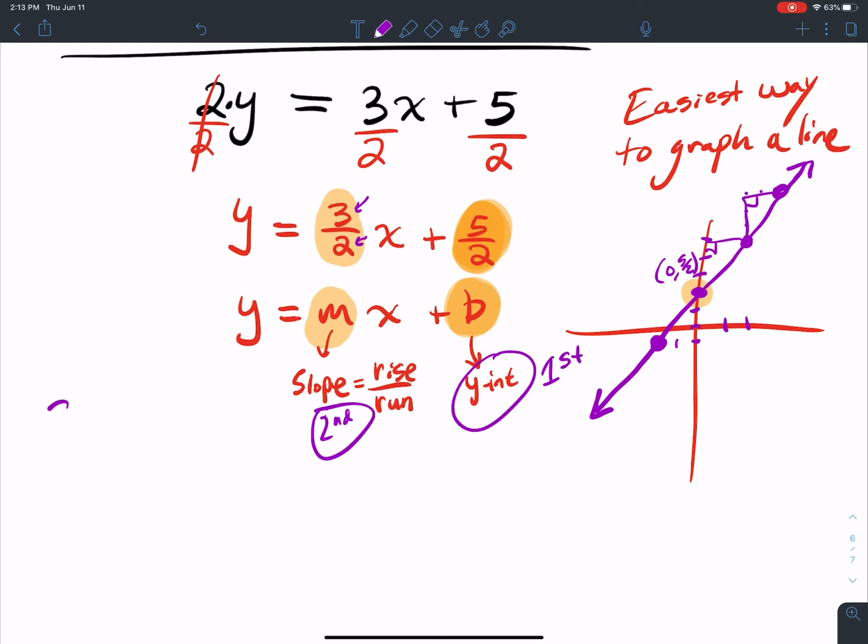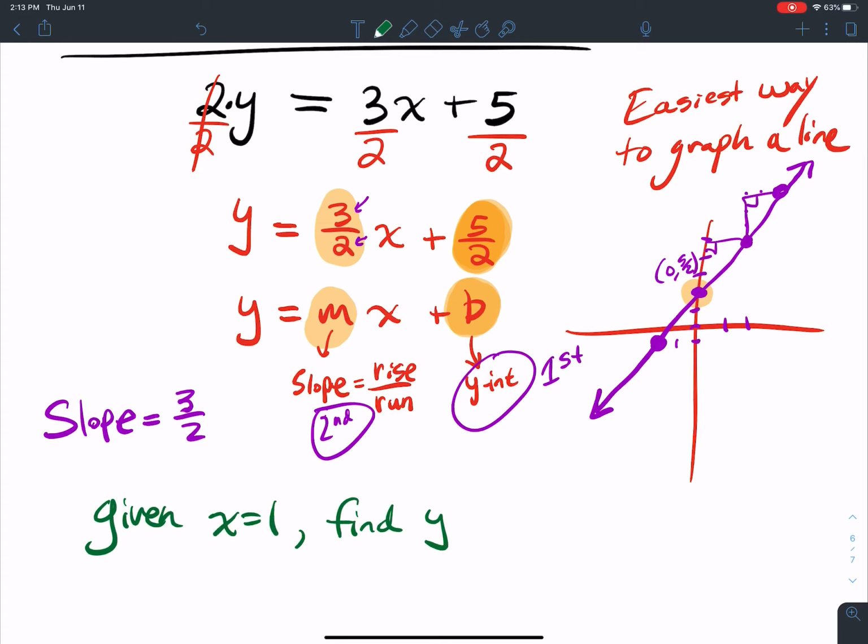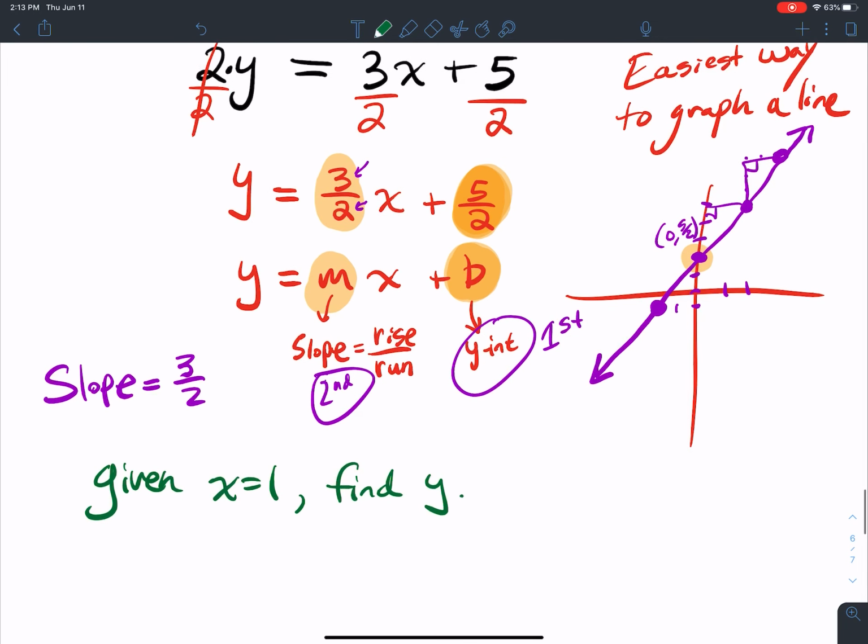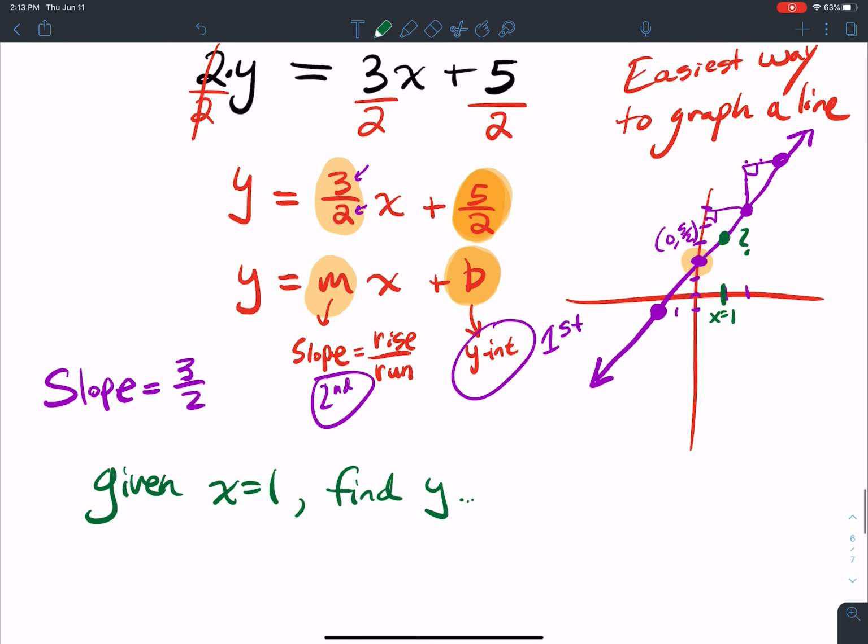Okay, so the slope here for this line is equal to 3 over 2. So if you were asked to find the slope, you could do that. Now, what if they say, given x equals 1, find y? What would you do? Well, when x equals 1, what is the y value? That's the question. Well, I take it and I plug in. Y is equal to 3 over 2 x